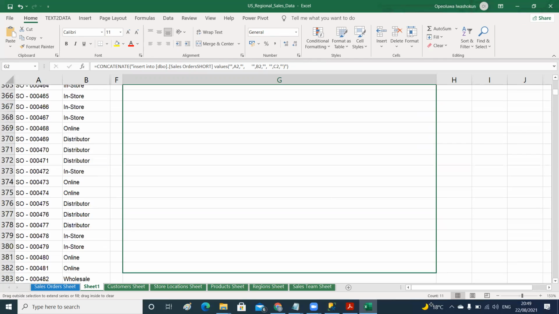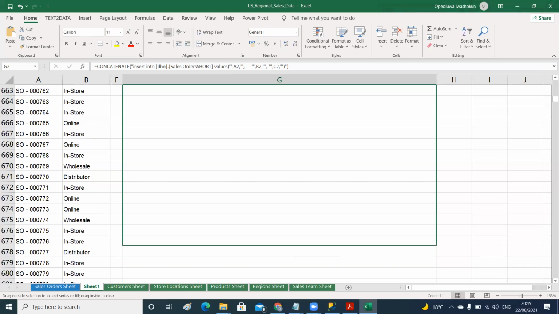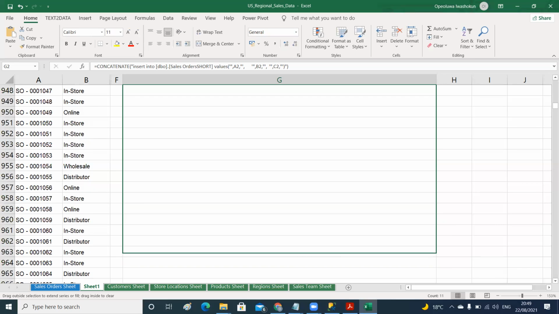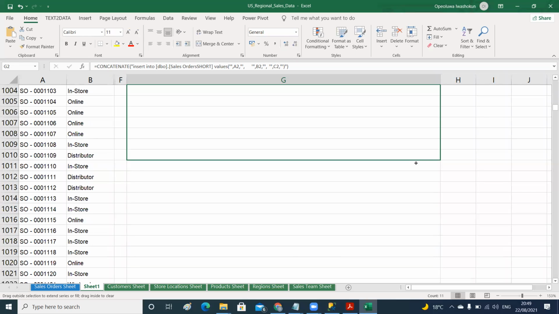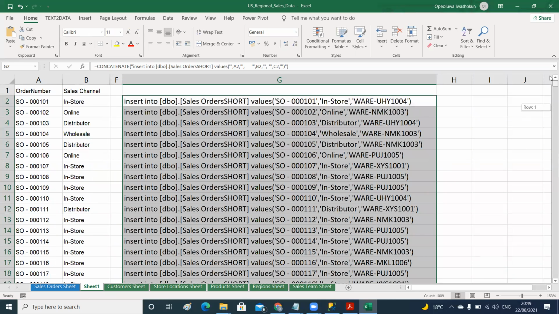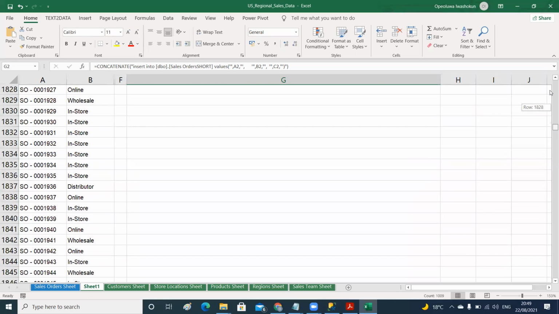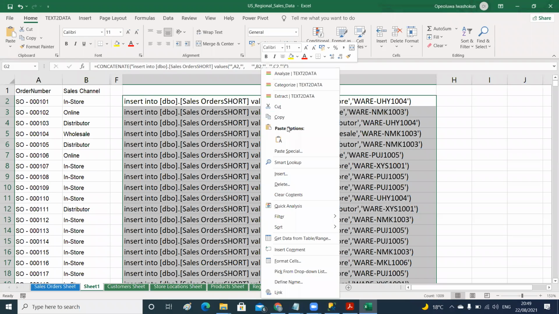Sales orders actually contains about 7,000 plus records, rows. So let's just do for 1,000, or let's stop at 1,010. Right, so you can see I've created multiple inserts of about 1,000 records. So I'm just going to copy this now